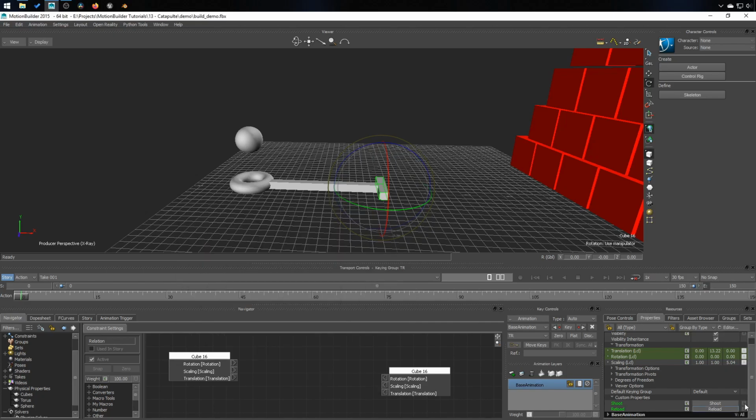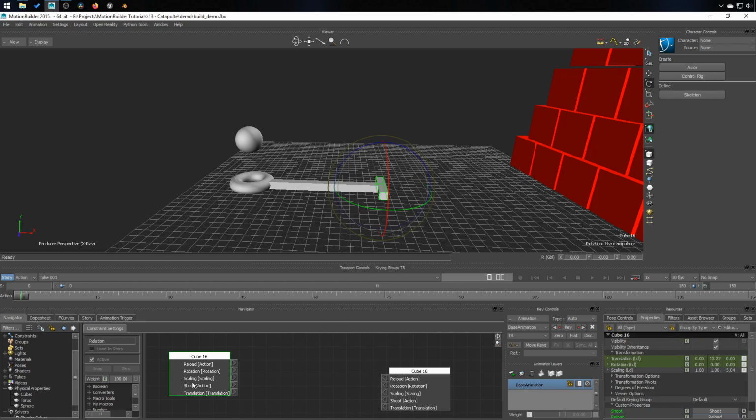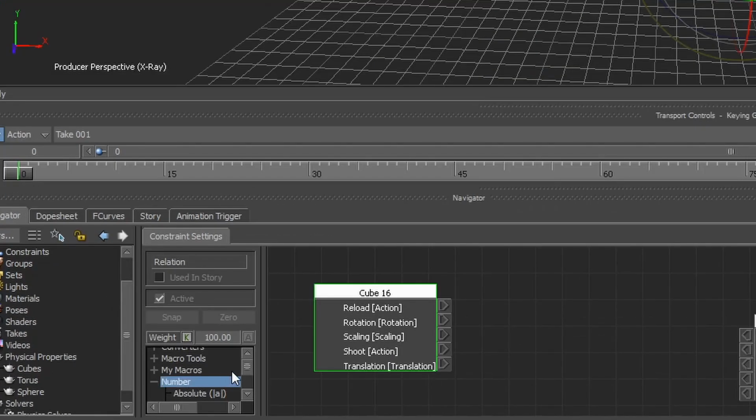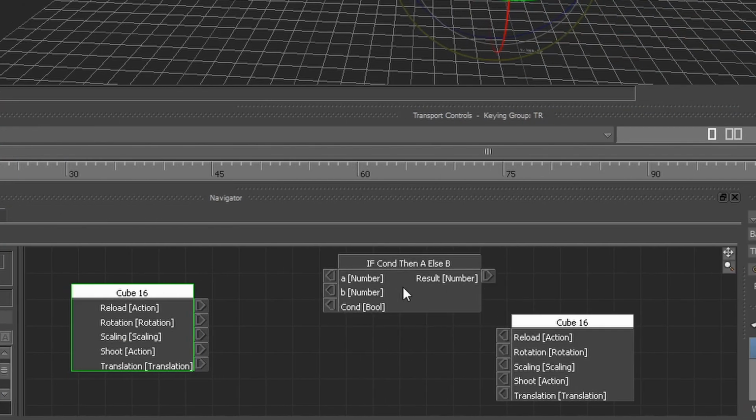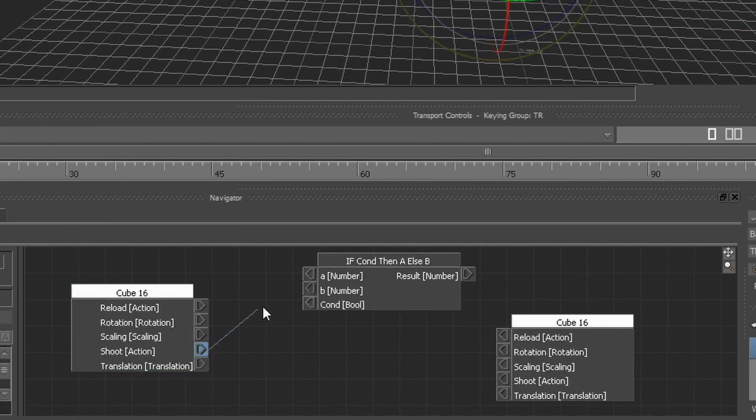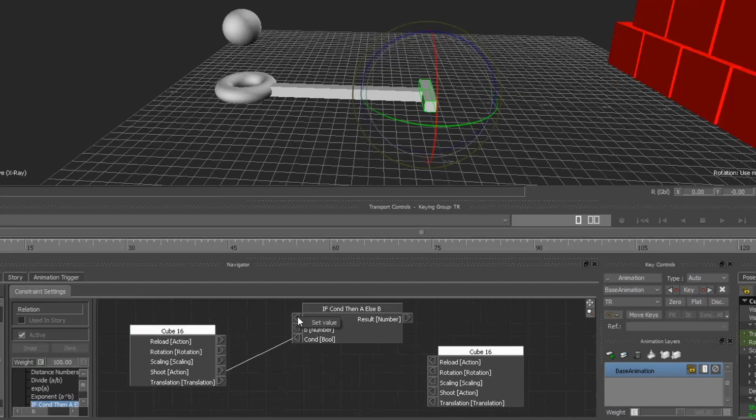Don't forget to click on the little A button so that they appear in the relation constraint. Okay, now what I want to do is create a condition. If the button is pressed, do this. If not, do that. So I'm going to go into number and select the if condition, then A, else B. So if the shoot button is pressed, I want